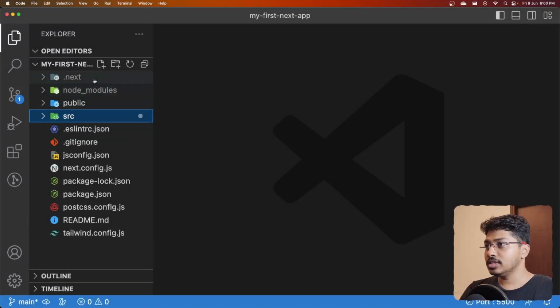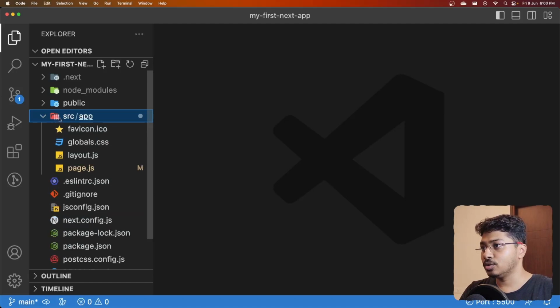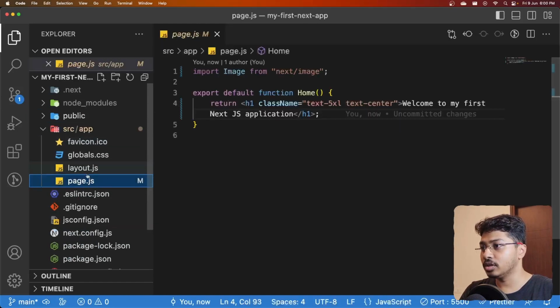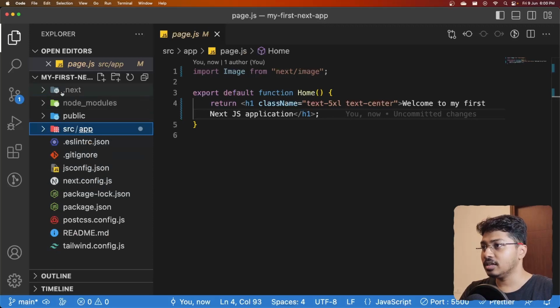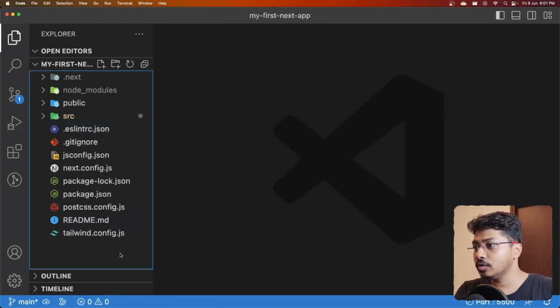So you can see these folders and files. These were created when you created a Next.js project using create next app. Now if you see, there are a few things which you might be aware of, like the source folder, and we added some code in the page.js file, but there are still the .next folder and node_modules folder. So let's start going through each of them one by one, and we will start from the main package.json